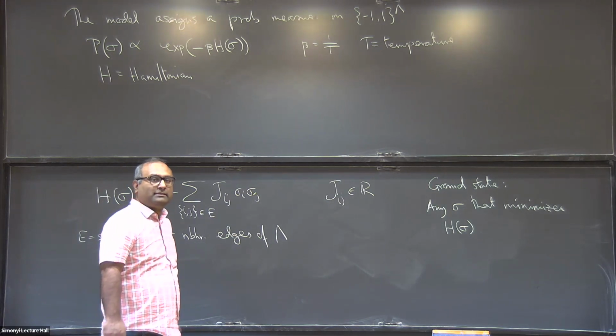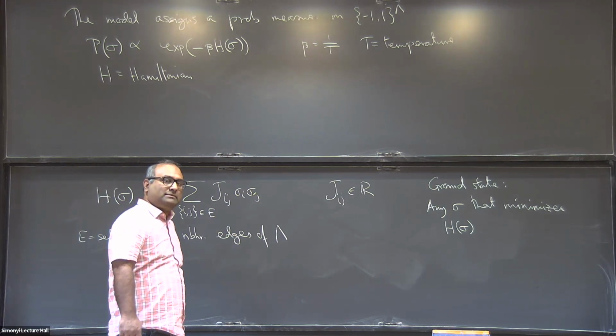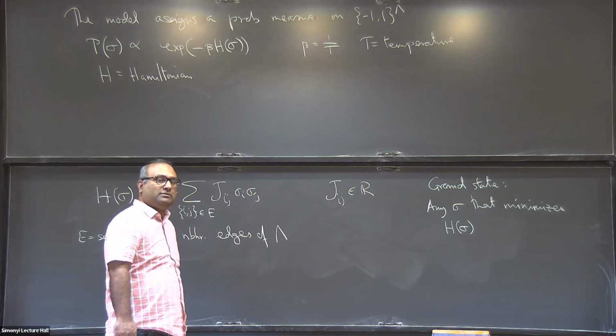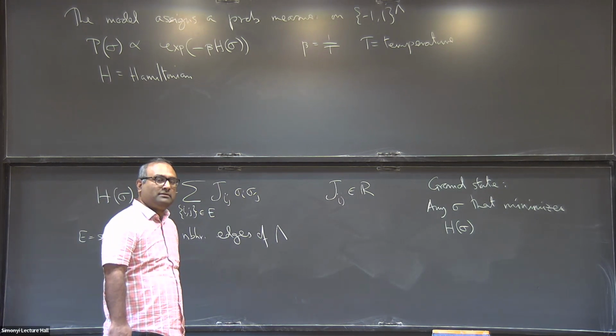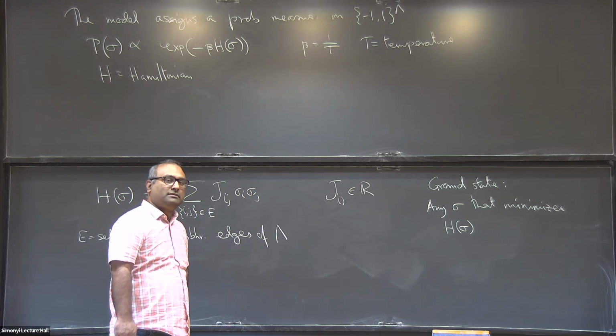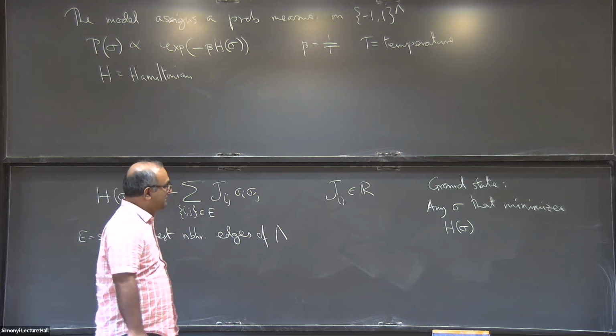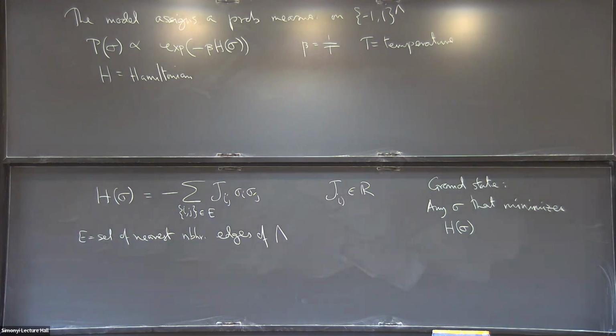One question. When you say nearest neighbor, you mean that, apart from the boundary which you don't care about, the usual element has exactly two neighbors? Yes. Those are the nearest neighbor edges.